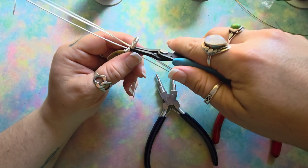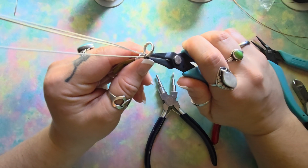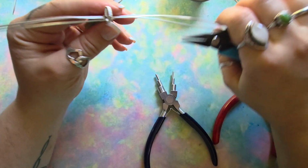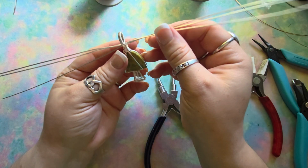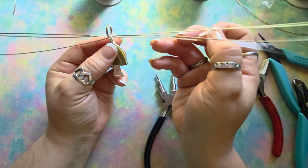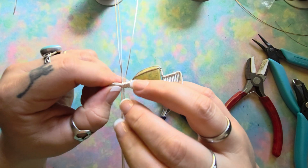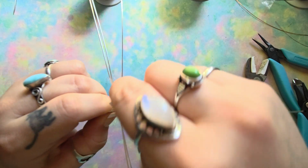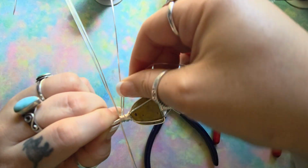And then I kind of grab this right here at the base of the bail and kind of bend it inward to where it creates more of a circle, a more rounded shape for my bail. And then I grab the wire from the bail over here on currently the right side, if you're looking at the back, and I take it and I start twisting all the way around, but you want to make sure that it looks nice and neat. And I wrap it all the way down,